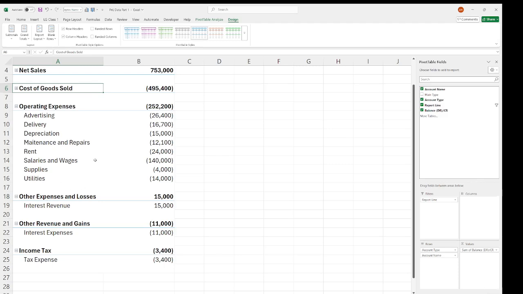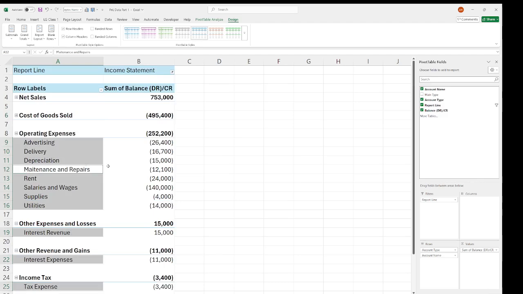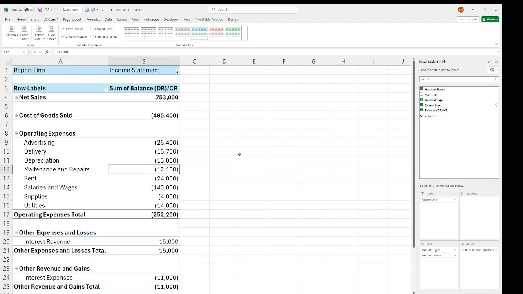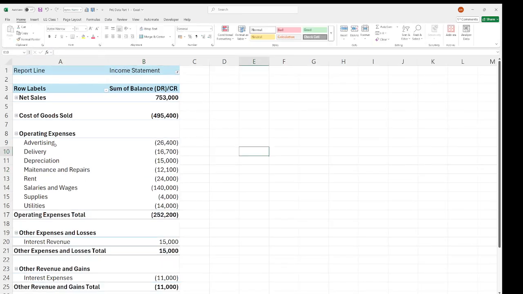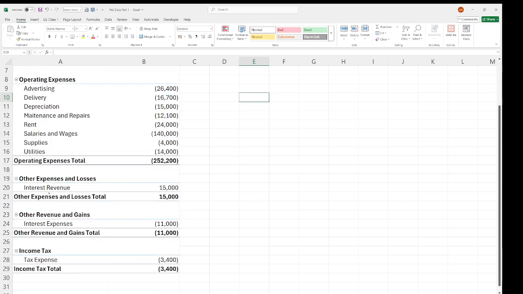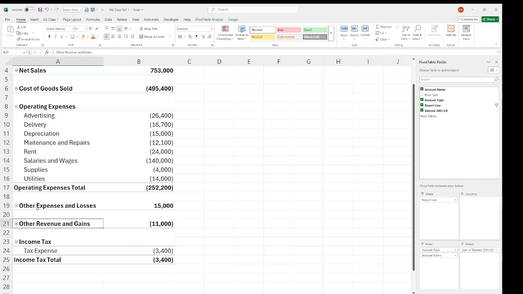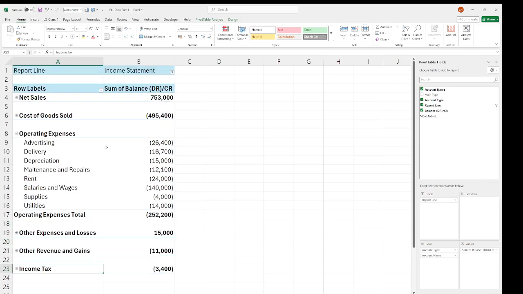Do we need a subtotal? Okay, let's create a subtotal at the bottom, so that for operating expenses we can easily identify the total operating expenses. For the other ones, this is only one, this is also only one. And where there are many, it will create their subtotal the same way. I think this is fine. So with this we can now move down to our